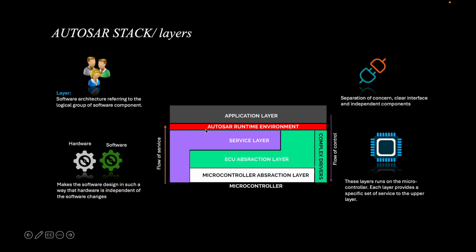The next layer is the Autosar runtime environment, which is called RTE. And this provides the interface between the base layer and the application layer. If you want to consider what the base layer is, whatever you are able to see below the RTE layer, which is the runtime environment, is all included in the base layer. And in the base layer, there are multiple components which are called layers,